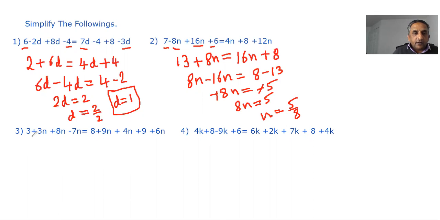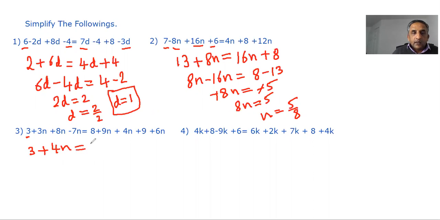On the left hand side, we have only 3, which is a number, so we just keep 3. Then we have 8n plus 3n, which is 11n. 11 take away 7 is 4, so it will be plus 4n